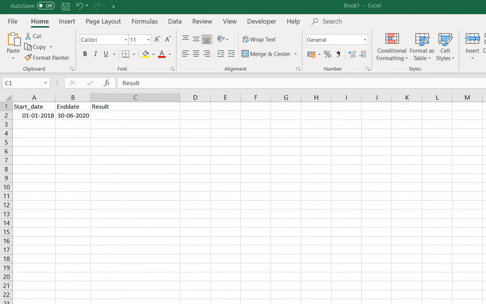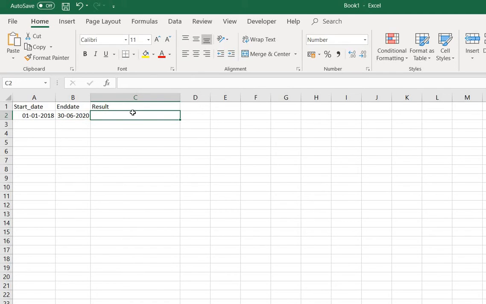In this tutorial, I will be telling you how to calculate the difference between two dates in SQL. Suppose, as in the example shown in this slide, that I have a start date and an end date. Now I would like to calculate the difference, how many days and also how many months or years. So I will be giving you some formulas. I'll write some formulas here in this Excel so that you can easily understand.